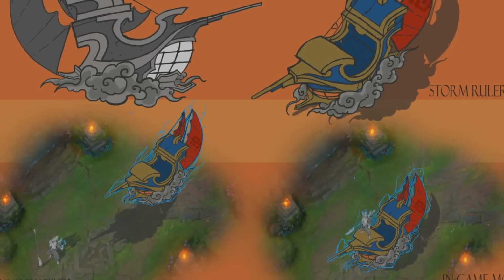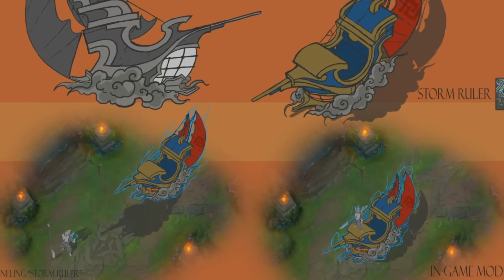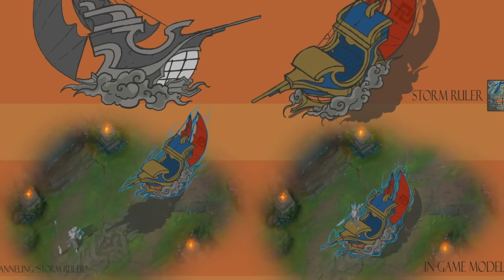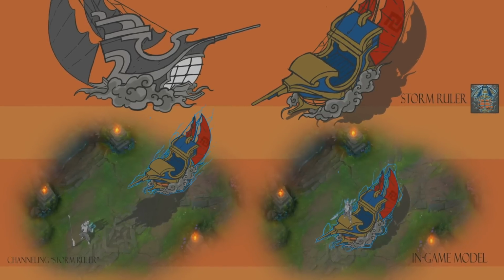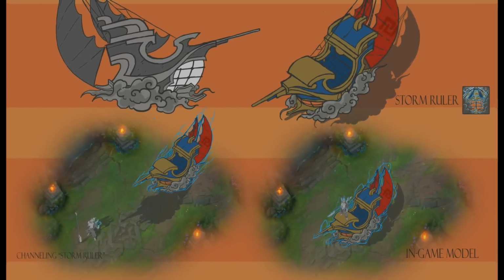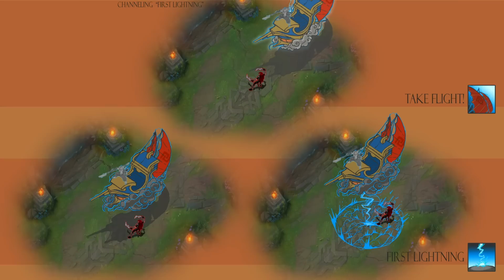I didn't expect it. It looks like it is a channel-based ultimate. You have to channel the ultimate. A ship appears, comes towards you, and then you actually mount it. You then control the ship and have a new set of abilities which allow you to steer the boat and shoot lightning from it. There's also something called Take Flight, which allows you to lift the boat into the air,